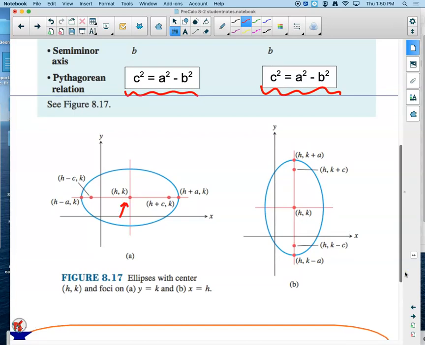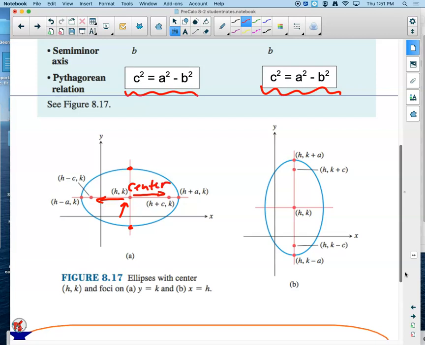And like I said, what we're going to do is use that distance from the center to the foci, and we'll just do a little addition and some subtraction to see where those new spots are. Same thing with our vertices. We'll use our new center and go a units right and left for the horizontal. And then for our covertices, our b value, we're going to go up and down from our center. So right here